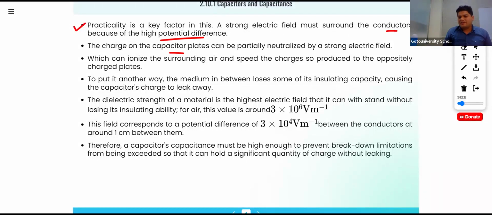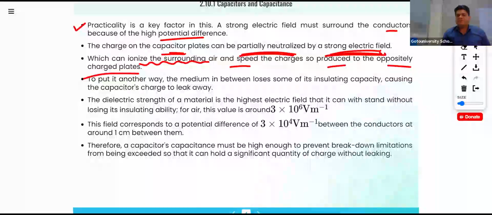But the charge on the capacitor plate can be partially neutralized by a strong electric field, which can ionize the surrounding air, and the ions and charges are attracted to the oppositely charged plate. To put it another way, the medium in between loses some of its insulating capacity, causing the capacitor charge to leak away. The dielectric strength of a material is the highest electric field that it can withstand without losing